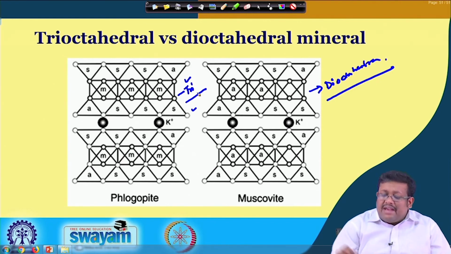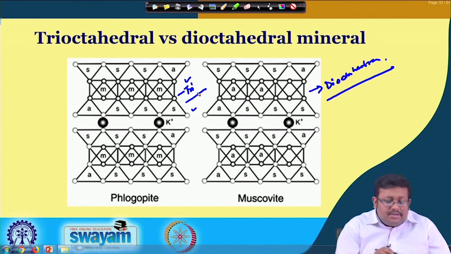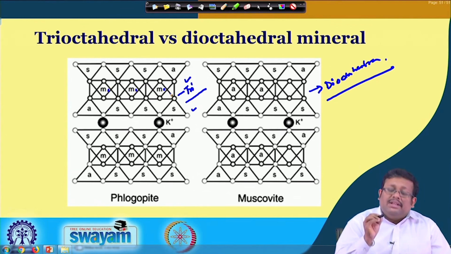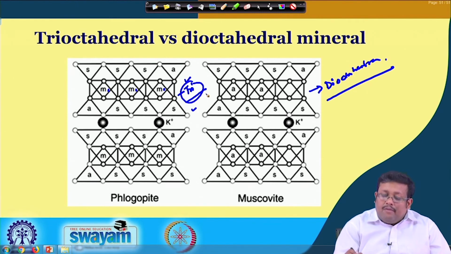Okay. Now, trioctahedra and dioctahedra. Why are we calling it dioctahedra? Because you see, there are 3 octahedral positions. This one is the first octahedral position, this one is the second octahedral position, this one is the third octahedral position. So, when all 3 octahedral positions are filled with cations, we will call it trioctahedral. And when 2/3 of these octahedral positions are filled, as you can see here, then we will call it dioctahedral